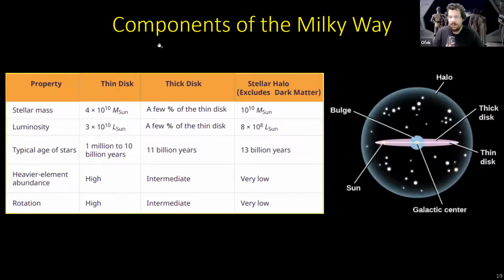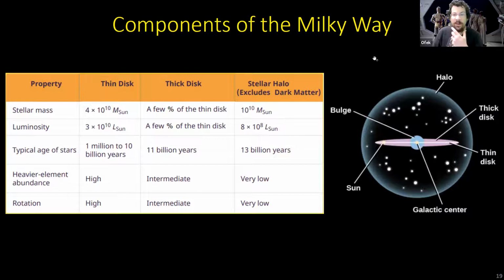This is kind of showing the different components of the Milky Way, thinking about them in a different way. We talked about the galactic disk, which is thin around the galactic center. The galactic center is not flat. There's a bulge. It's a more spherical bulge at the center of the galaxy. Around it, there's a rather thin disk. Around it, there's a part of a thick disk and the halo. And the halo, as we mentioned, contains things like globular clusters, which are found mostly in the halo.